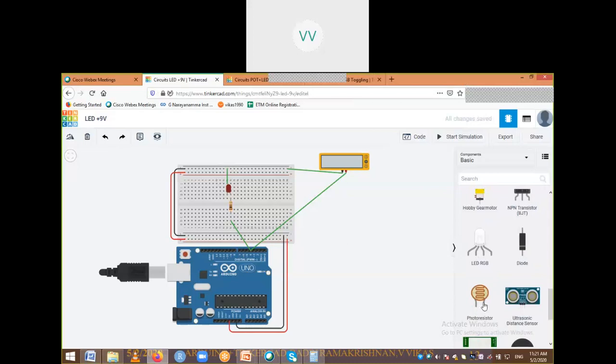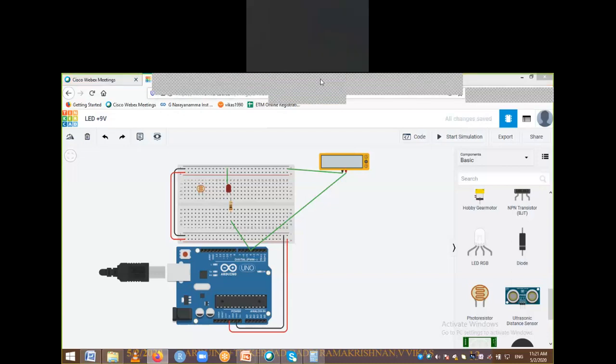As the name suggests, depending on input light, you are going to have variation. When I drop it on a particular line, it automatically connects; I am keeping this LDR in these two slots.